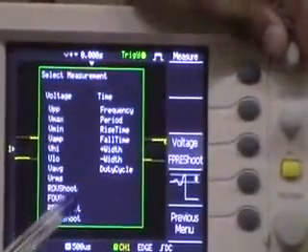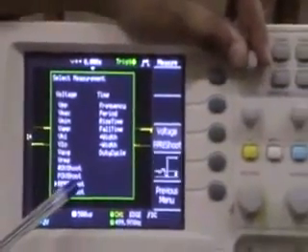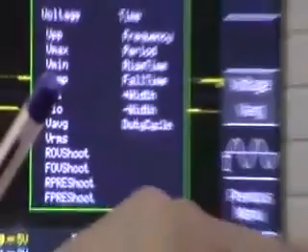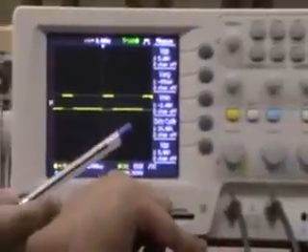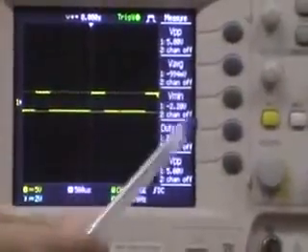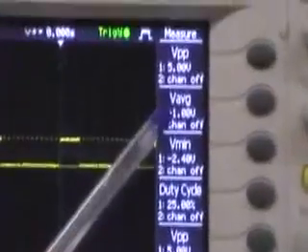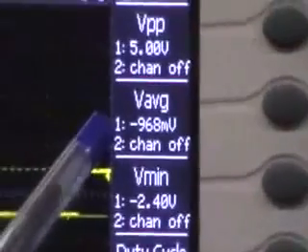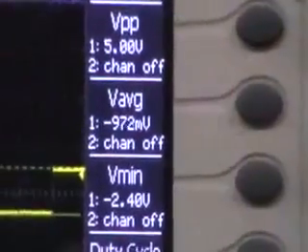For example, if we want to measure the average value, we just have to shift it to the average and press this previous menu. As we can see, the second function key has been shifted to V average. So it is now currently displaying the average voltage.